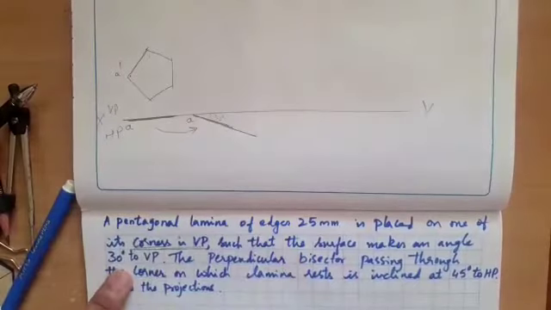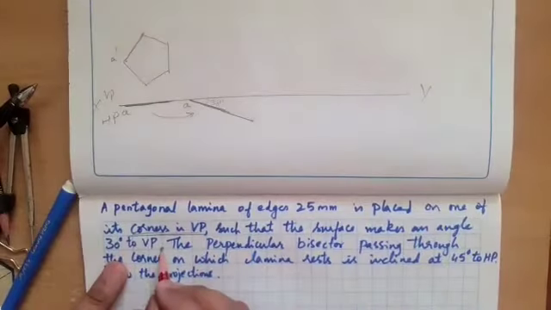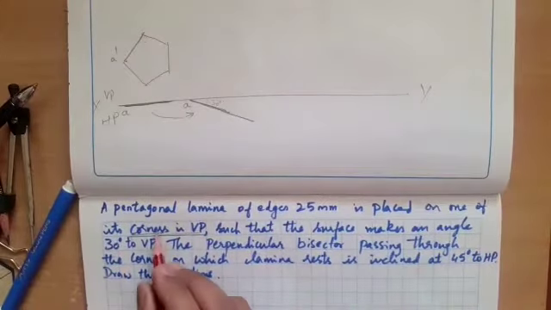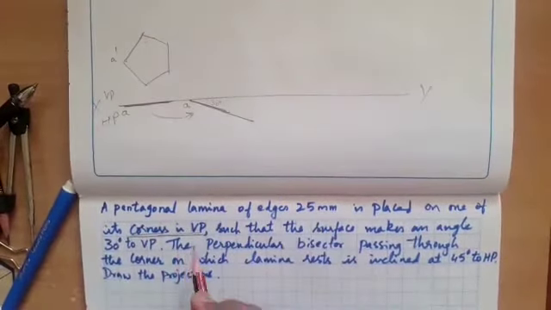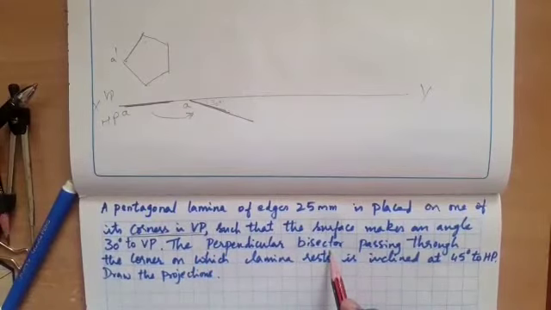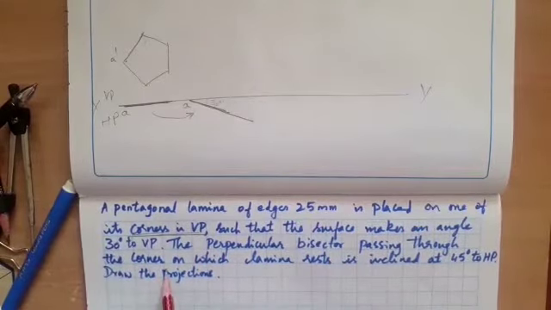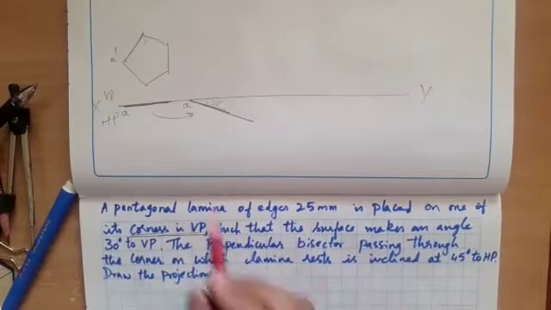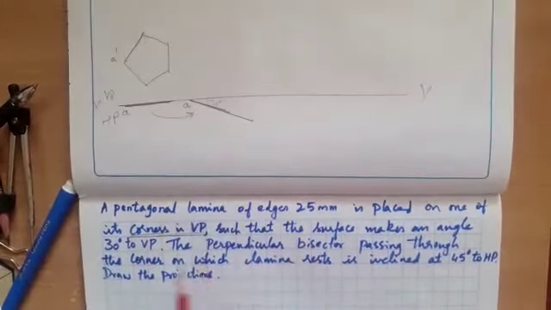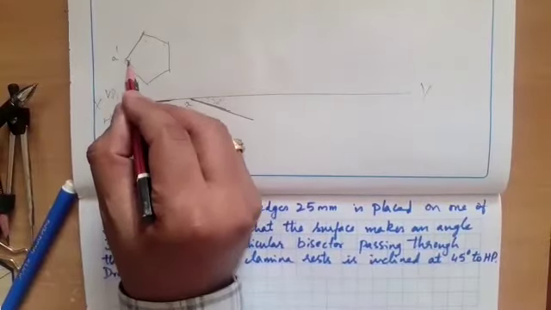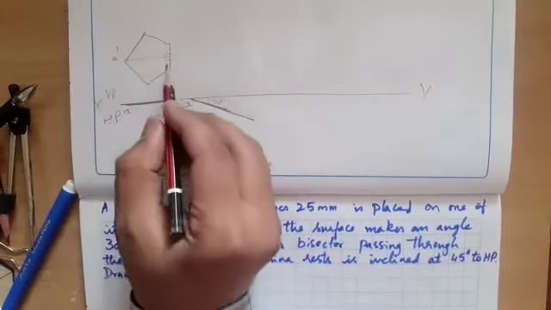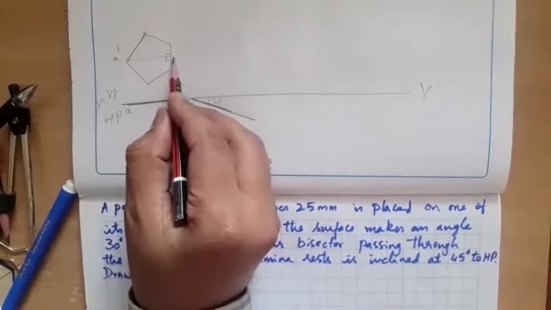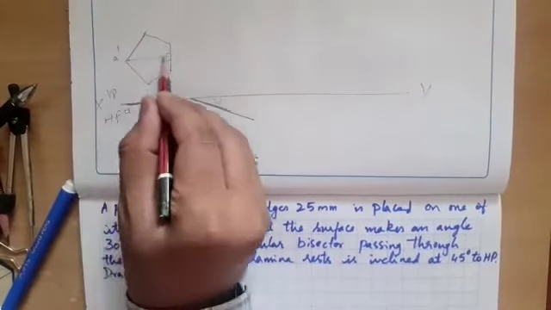I'll tell you why. Next, the very important thing given in this problem: till this full stop, whatever you're seeing, the first statement, the problem will be over for 2 steps. Next, the perpendicular bisector passing through the corner on which the lamina rests. Lamina is resting on a corner A, and from this A there is a perpendicular bisector passing through this corner. This is the perpendicular bisector. I'll just represent it like this. This is not a corner, so this is just a line.